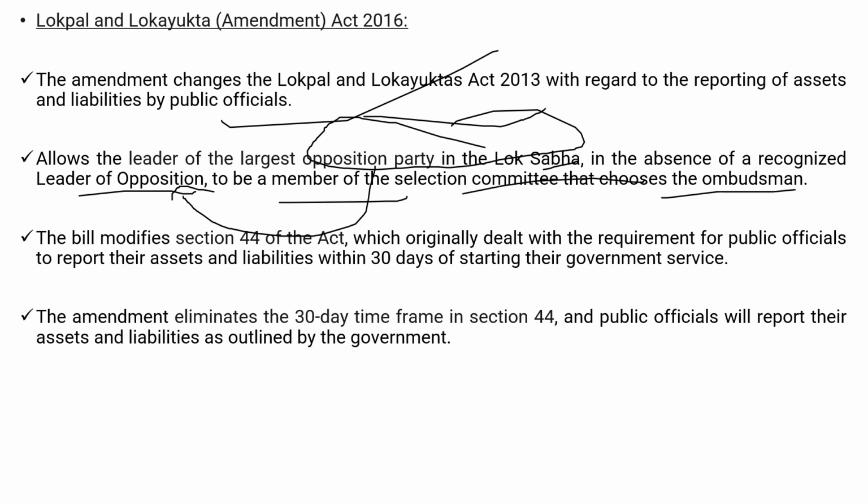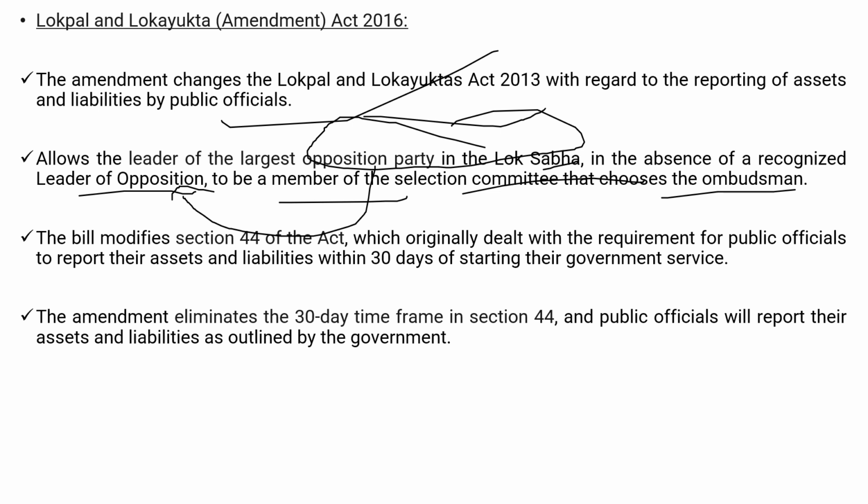যিজনে ombudsman choose কৰিব পাৰে সেই কমিটিখনে. তো selection committee ombudsman choice কৰে আৰু তাতে চেয়াৰমেন হিচাপে PM থাকে আৰু বাকীসকল মেম্বাৰ. আগৰ স্লাইডটোত আপোনালোকে দেখিলে তাতে কি মেনশ্যন আছিল, লিডাৰ অফ অপজিশ্যন আছিল. আৰু যদি লিডাৰ অফ অপজিশ্যন নাথাকে তেতিয়া কি কৰিব পাৰে, leader of largest opposition party in Lok Sabha can be a member of that committee.